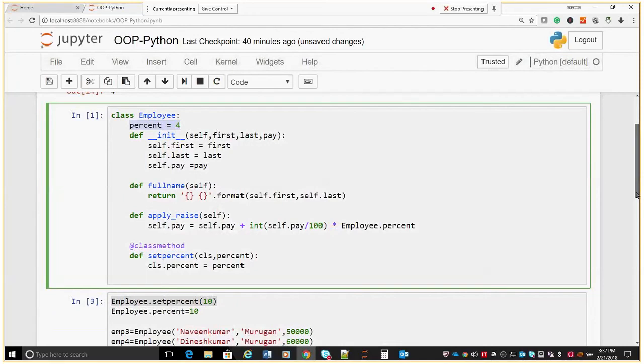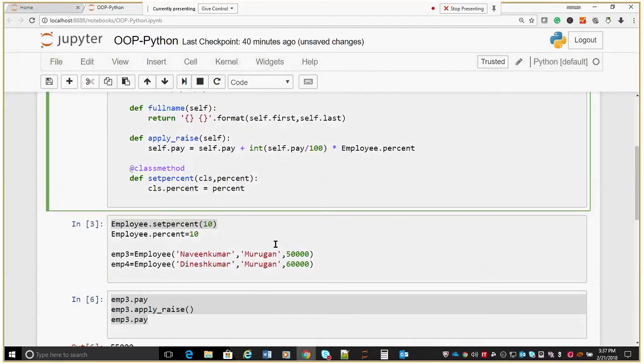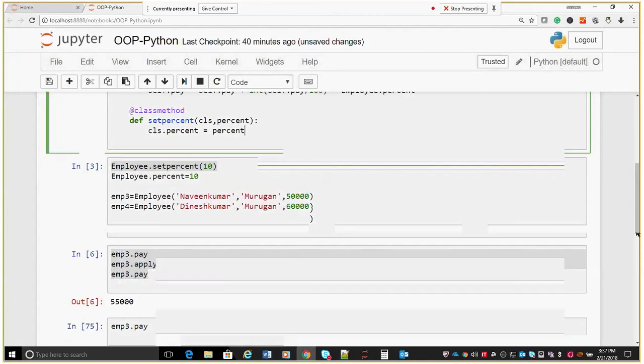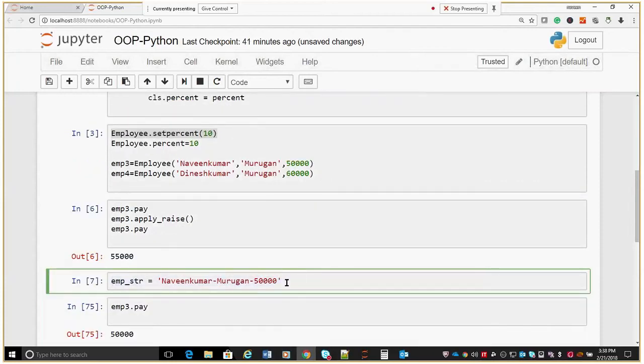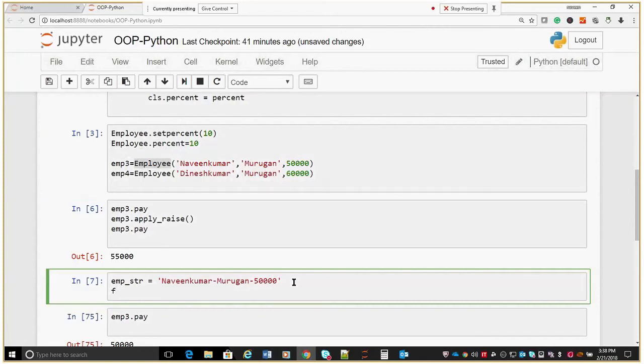So let's see, sometimes this class method can be used as an alternate constructor. So for example, you are receiving from your interface a string like 50,000. So I have a string like this. From the interface itself, I'm receiving this kind of string, but I need to create the employee instance with this string. What you can do is just use the split method to split all the values by that hyphen,